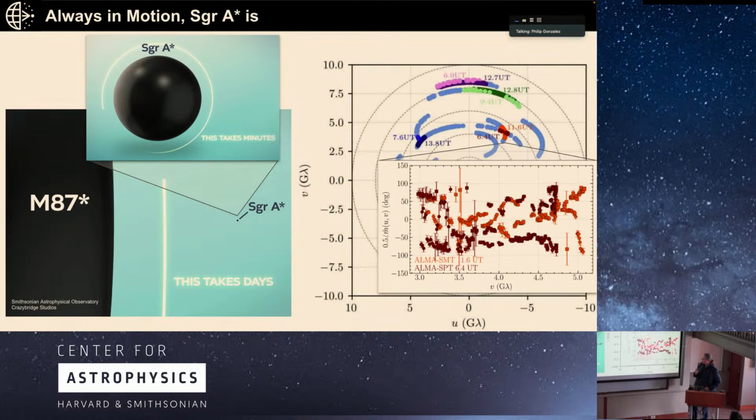We also see this in the polarized structure without even making an image. You can look at locations in this spatial frequency plane, this Fourier conjugate plane we call the UV plane, at baselines, or different sets of pairs of telescopes, which sample the same spatial frequency but at different times through the night. And you can ask, are the data similar or do they materially differ at those different times of the night from those different baselines? And the answer is they differ. So we have direct evidence even in the data without looking at an image that there is polarimetric variability on timescales shorter than an hour.